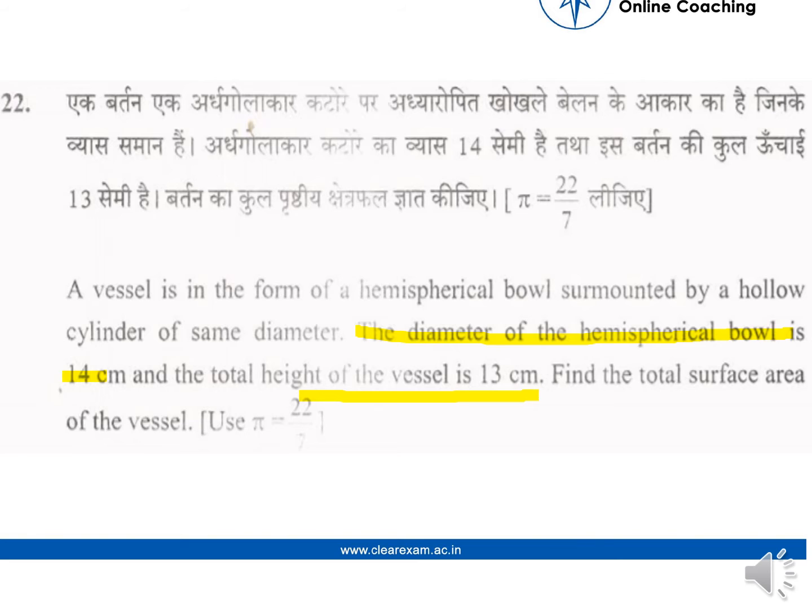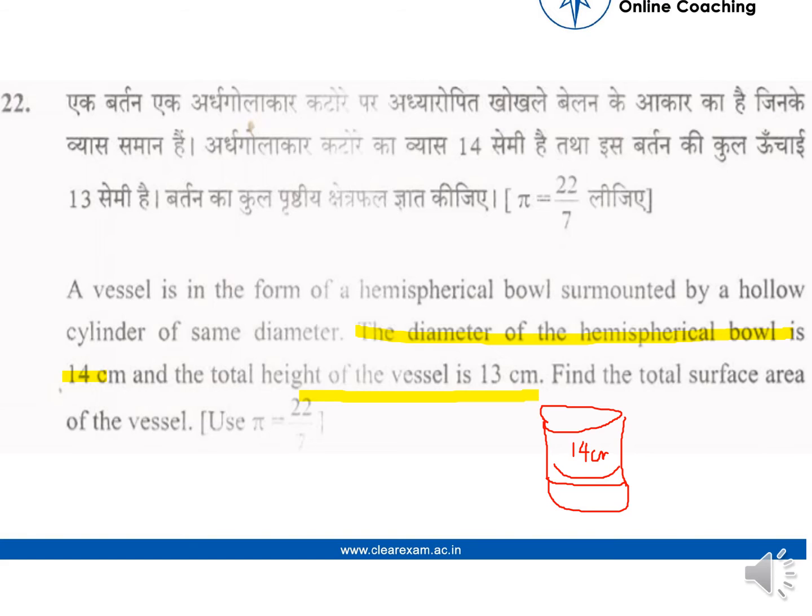Okay, let's try to understand what the problem is. First of all, we are given a hemispherical bowl. So the shape of the bowl is something like this. Then we are saying that it is surmounted by a hollow cylinder of the same diameter. So let's say this is the hollow cylinder of the same diameter. Now the diameter of the hemispherical bowl is 14 centimeter. It means this length is 14 centimeter,